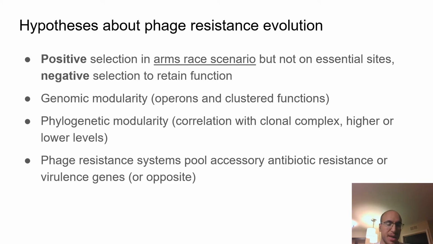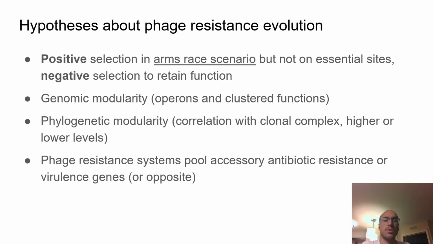I also expect there to be genomic and phylogenetic modularity amongst these genes. Genomic modularity, as many of these are encoded in operons, they're all transcribed as the same mRNA. And even if they're not, genes with similar functions tend to be more likely to be clustered than those with different functions. As far as the phylogeny, it is known that restriction specificity, for example, correlates with clonal complex, one level of phylogenetic organization,